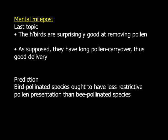Okay, so in this little section we said that hummingbirds are surprisingly good at removing pollen of bee-adapted flowers. As supposed, they have these long pollen carryover curves and thus are good at pollen delivery. And then, not surprisingly, when the flowers become adapted to hummingbirds, the flowers are better pollinated by hummingbirds than by bees. This moves us on to a prediction, and that is that the bee-pollinated species ought to